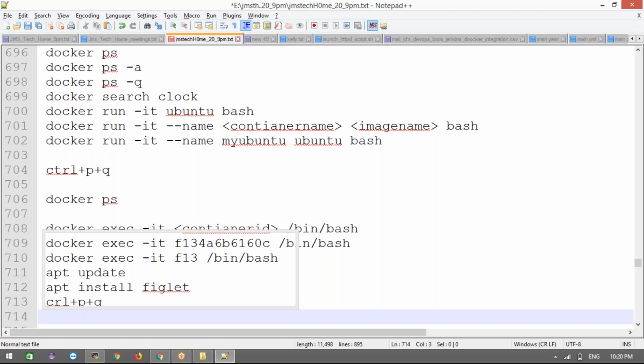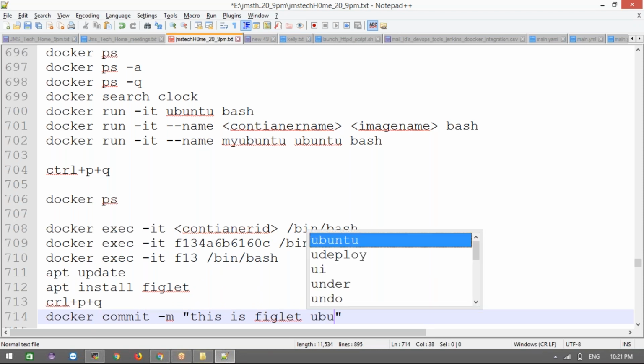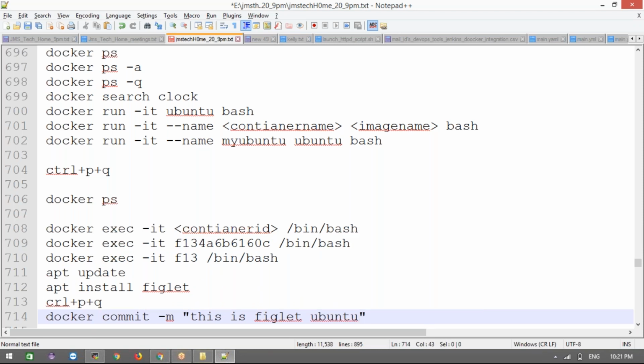Now how can we convert this running container into a new image? Tell me, guys. Docker commit -m, then a message of your wish, then the container ID, whichever container we logged into, and then the new image name of your wish.